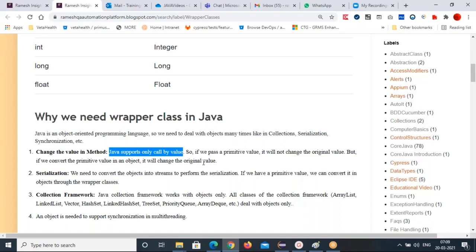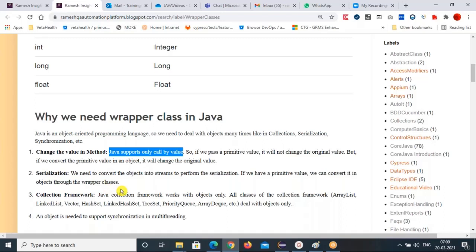So a primitive value directly cannot be changed. But using wrapper classes, you can convert primitive data into object format. Those methods inside, you can call with these wrapper classes.